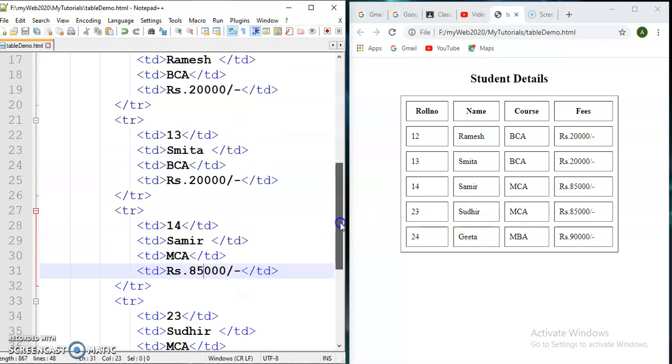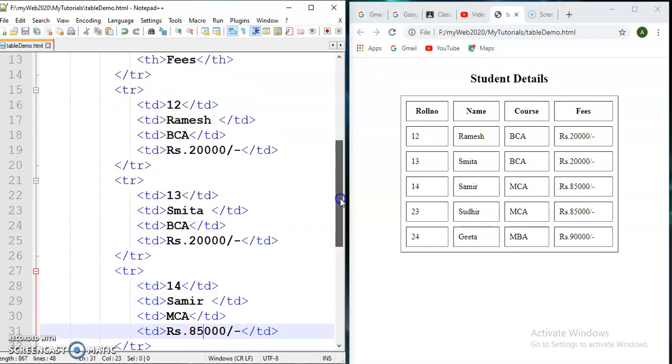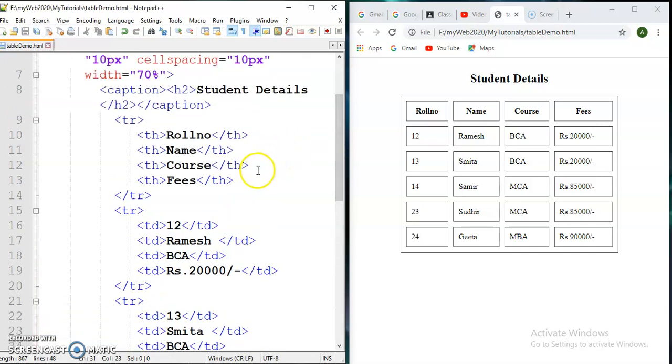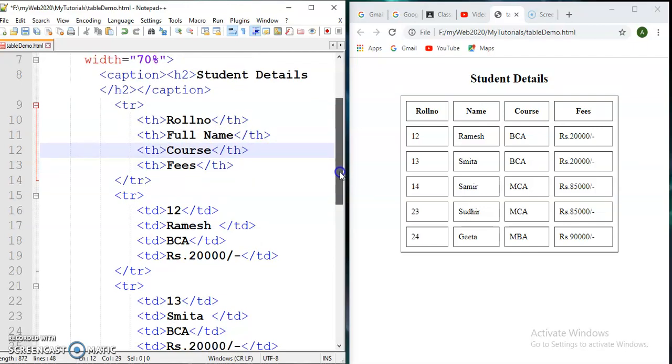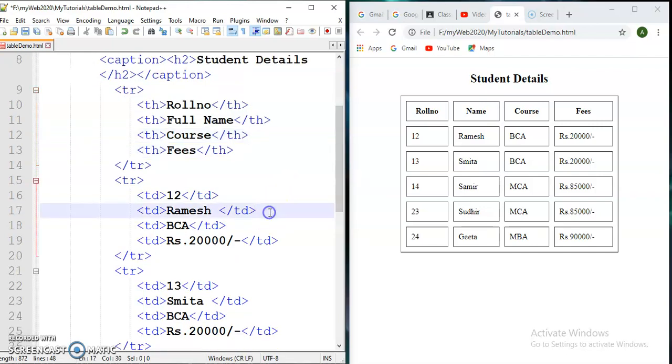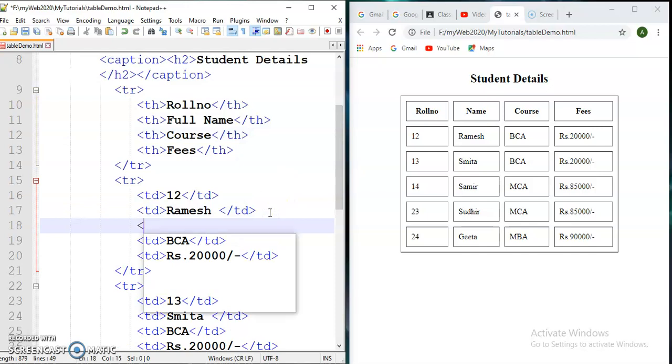Then I'm creating some more columns here, like first name, and actually I want full name here.